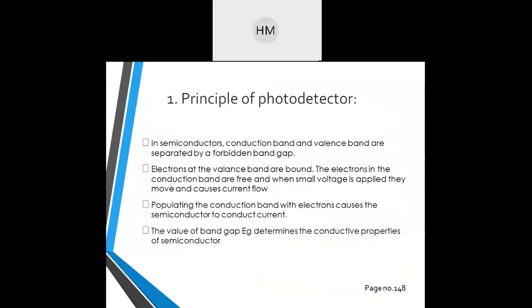And device types. What are the device types? To detect optical radiation in the near infrared region of the spectrum, both internal and external photoemission of electrons are used. See, in internal photoemission the generation happens inside the device. There are two types of photoemission, internal and external. External photoemission devices are photomultiplier tubes, vacuum tubes. See, initially, 50-60 years ago, if you have seen, computer sizes were very large.